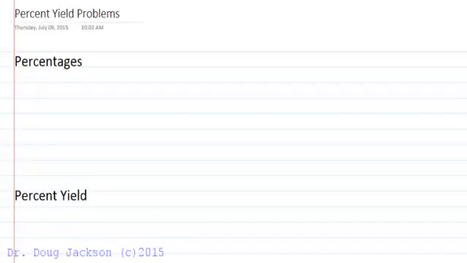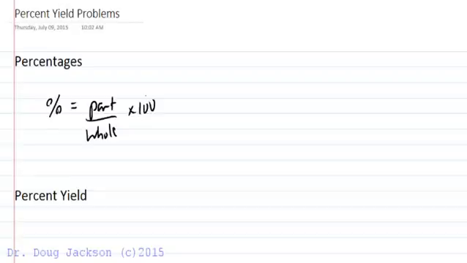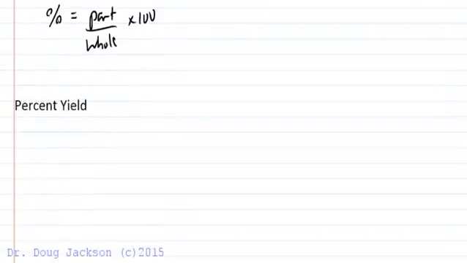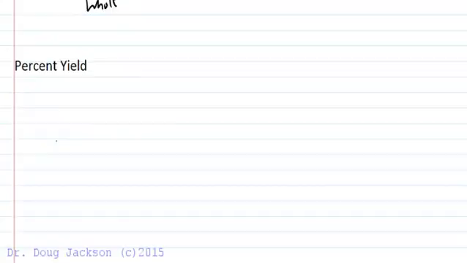So building on the concepts of stoichiometry and limiting reagent, let's talk about percent yield problems, because it's basically a step up from those and the final step up on the topic. And as always, a percentage is just the part over the whole times 100. So how are we defining our percentage this time? Well, for percent yield,